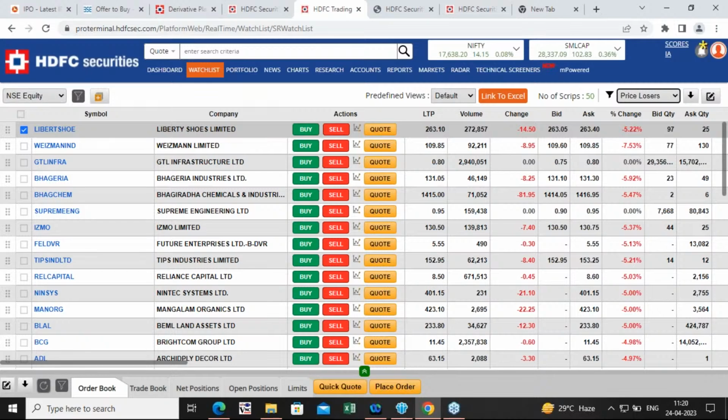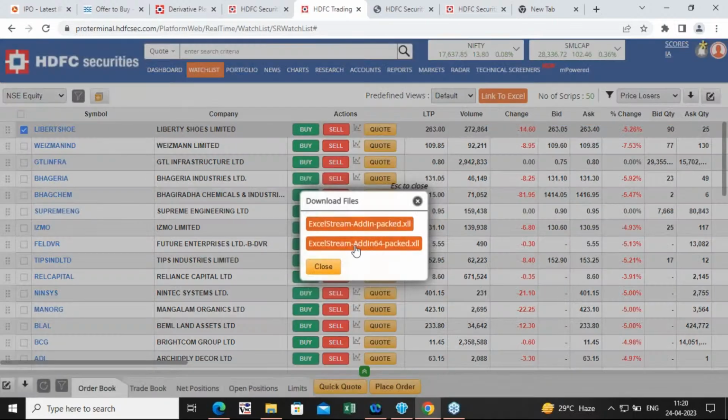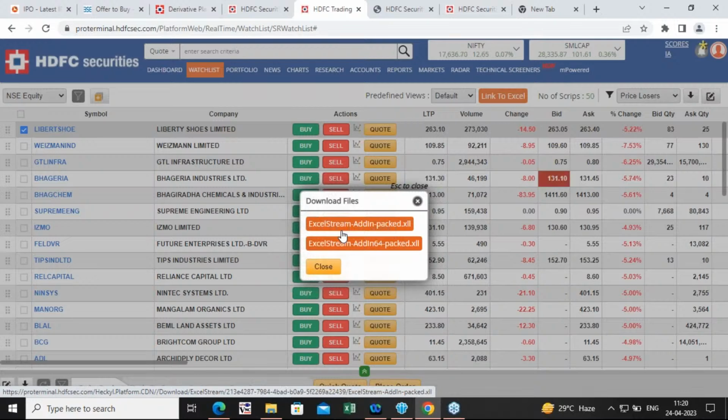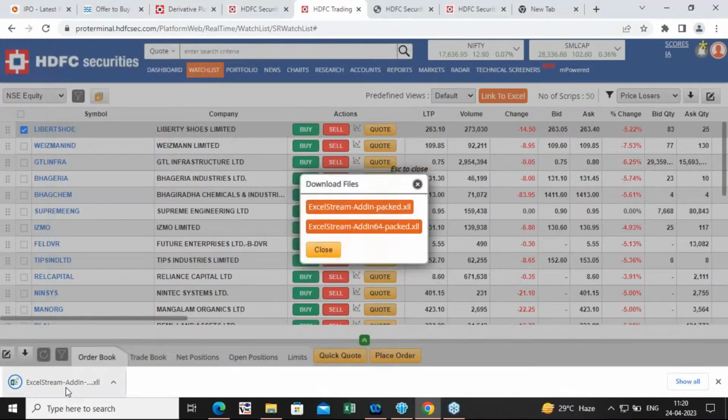So how can you open the Excel based trading? As you can see on the screen, this is the link to Excel. Just click over here. It will ask two options. Basically you have to click on the first one, the 32 bit. Even if you already have a 64-bit computer, just click on 32 bit and make sure that all Excel is closed and that you have MS Office Excel in your system. Just click over here and the file will be downloaded, and after download